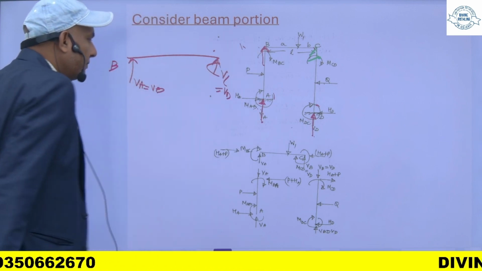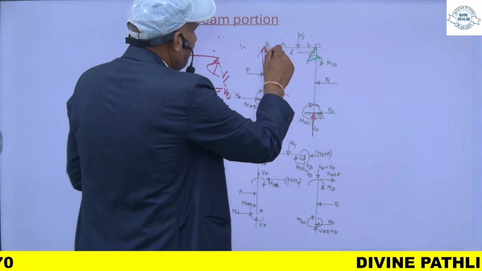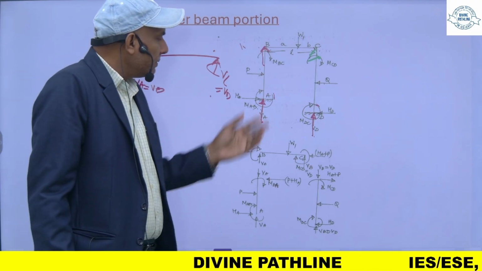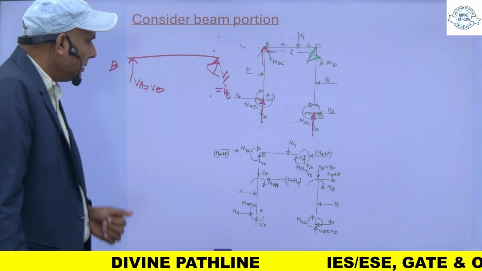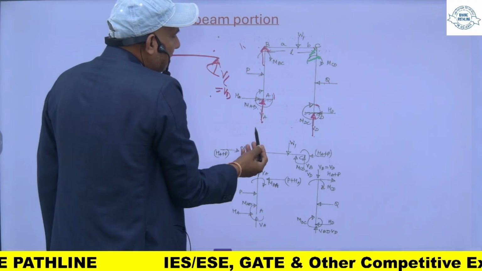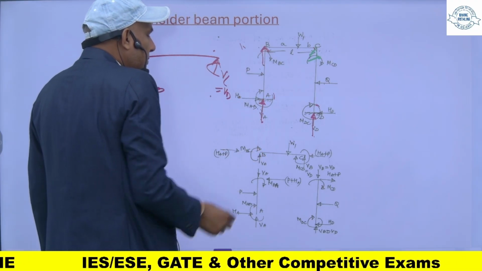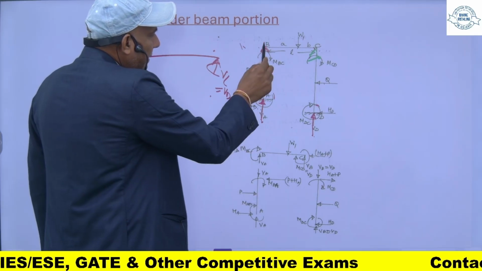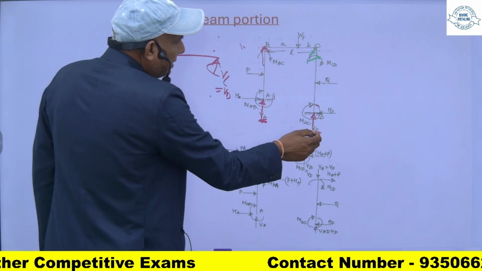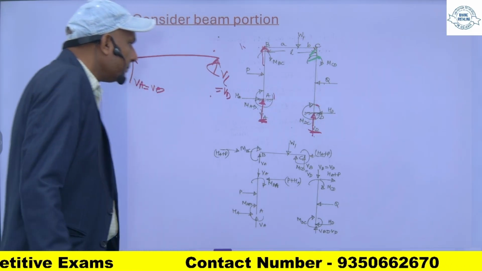ये एज इट इज ट्रांसफर हो जाएगा, वर्टिकल जो रिएक्शंस हैं एज इट इज यहाँ पर ट्रांसफर हो जाएंगे, क्योंकि इन बिटवीन कोई वर्टिकल लोड नहीं लगा हुआ है, इन दिस कॉलम कोई भी वर्टिकल लोड यहाँ पर नहीं लगा हुआ है, सो इट मीन्स ऑल द हॉरिजॉन्टल लोड, तो दिस सेम रिएक्शन विल बी हियर। VA जो रिएक्शन है वही VB आ जाएगा और जो VD रिएक्शन है वही VC हो जाएगा।